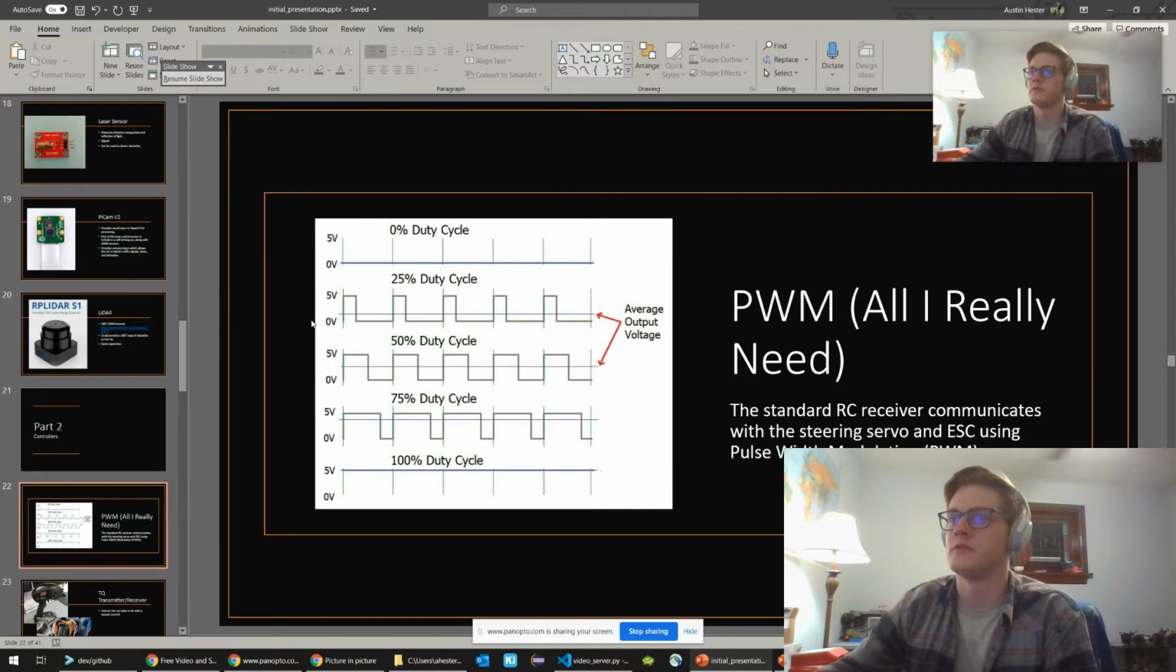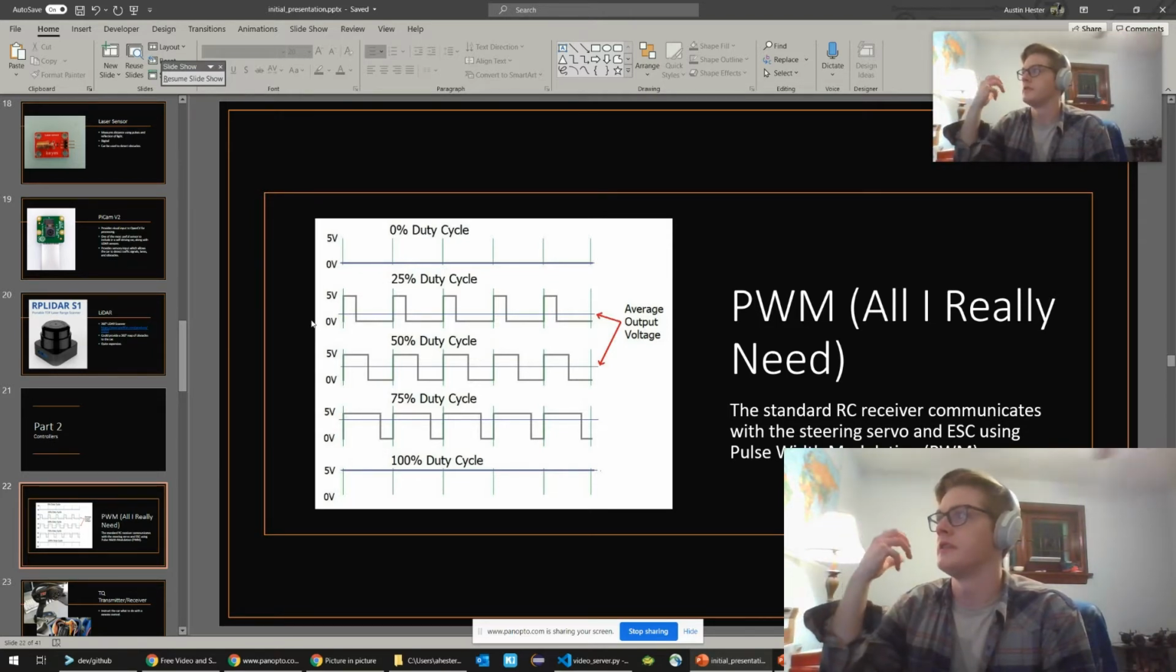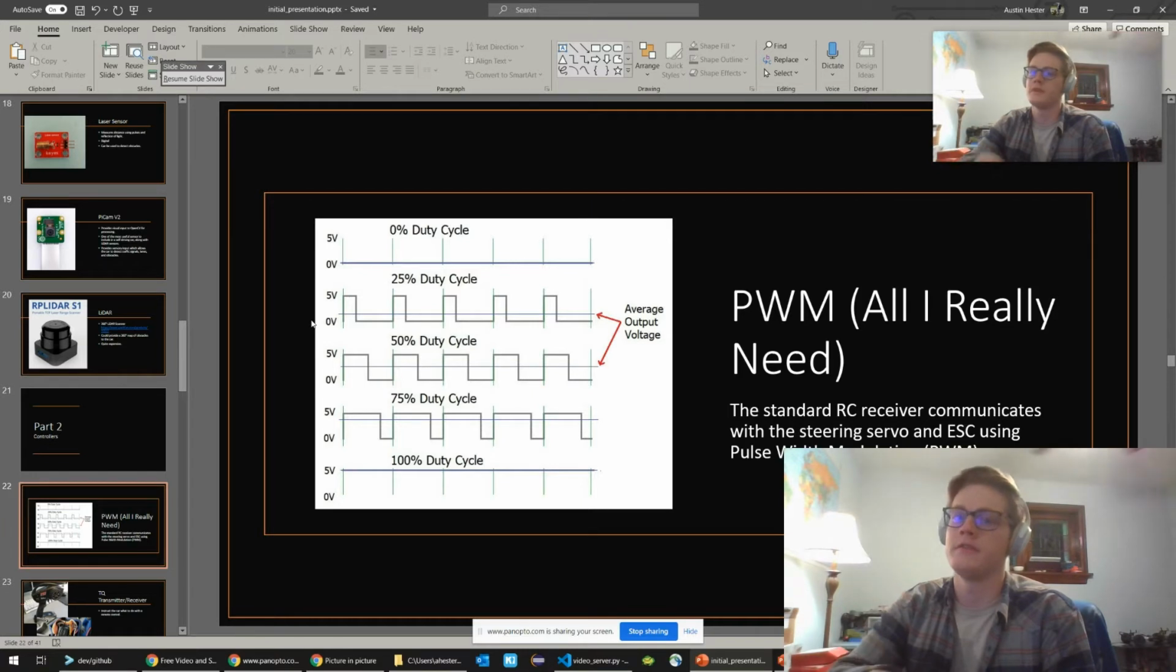We'll go over the controllers. So pulse width modulation. We're sending a digital signal, and we modulate that to tell the receiver how to control the servo and the ESC. It depends on these cycles, like what it does. The receiver I have is running at 20 hertz, I think, and then a 1 millisecond pulse is